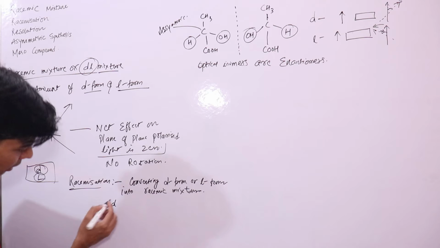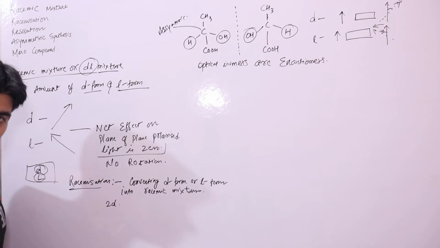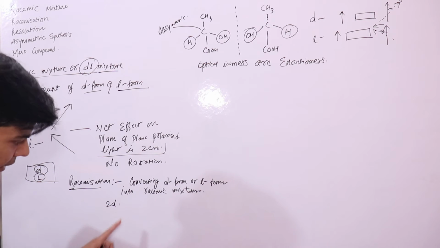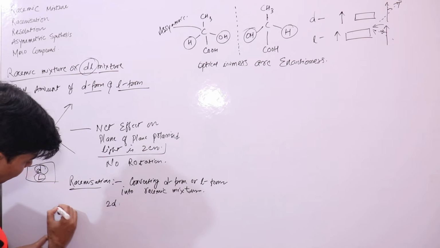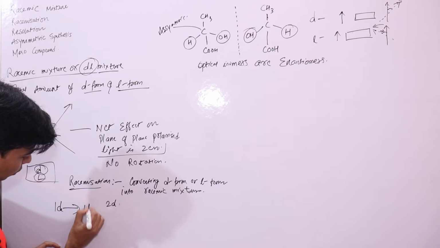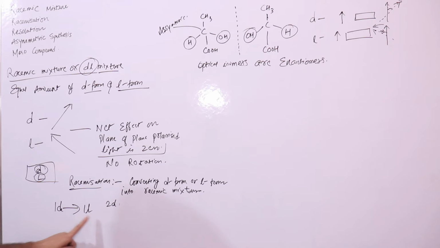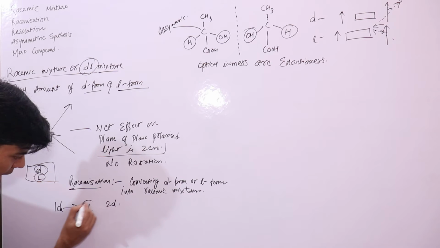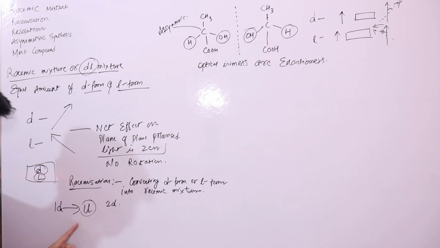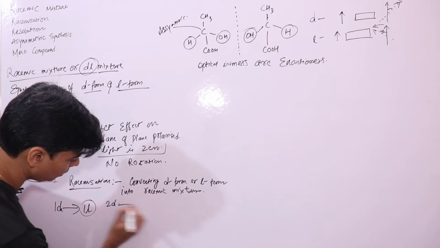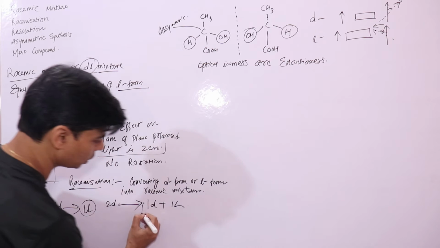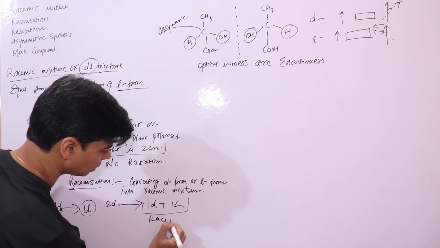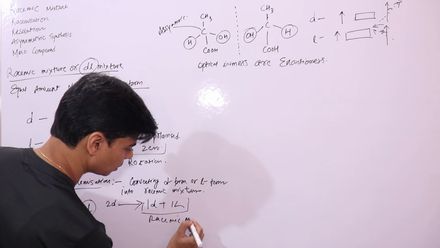So what you will do is you will convert half of D into its L form. So half of D means 1D. 1D will convert into 1L. That is, half of 2D will convert into a levorotatory form, the other isomer. So 2D will convert into 1D plus 1L. So what is this? This is your racemic mixture,